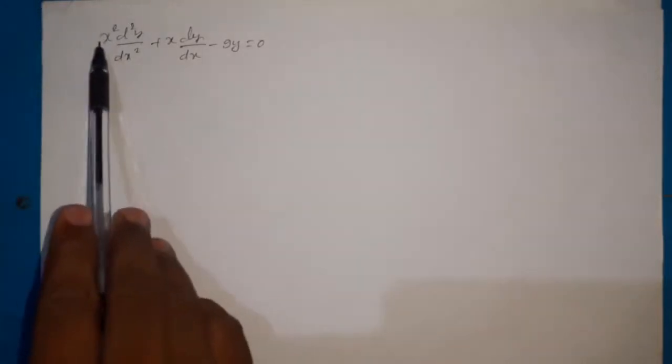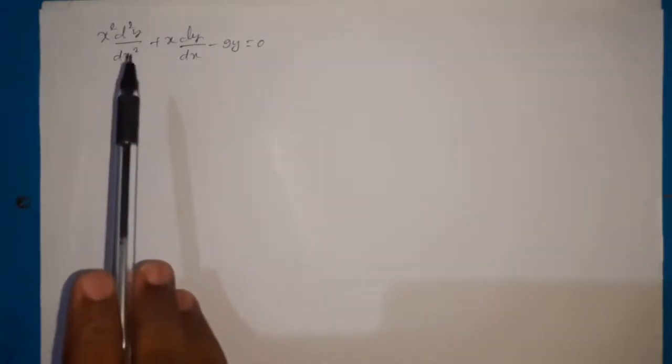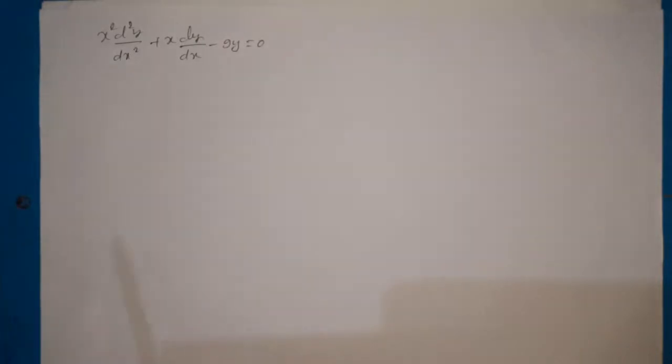So here if x is not multiplied, then that is the question from the third unit. If x is multiplied, then we will come to the fourth unit. That is the only difference in identifying homogeneous linear differential equation and linear differential equation with constant coefficients. So here,